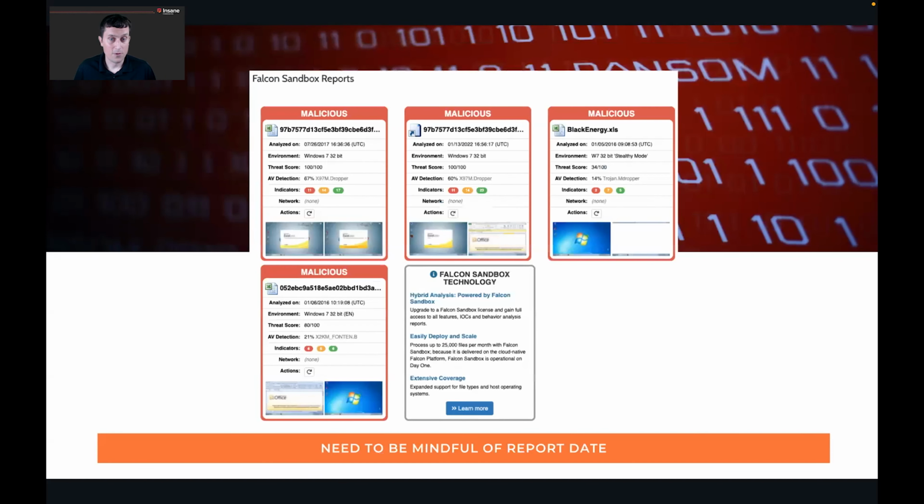You need to be mindful of the report date. So in the case of this sample, it had been run in 2016 twice, and then 2017 once, and 2022. I was actually the one that kicked it off in 2022 for this sample, because in the older Hybrid Analysis reports, this feature wasn't in there. So this is the MITRE ATT&CK feature. That MITRE ATT&CK table is a newer feature in there. And so in this case, if one of these older reports is there, you can actually just go and click the reanalyze button. It'll run it back through the sandbox, and that newer report will have the MITRE ATT&CK techniques